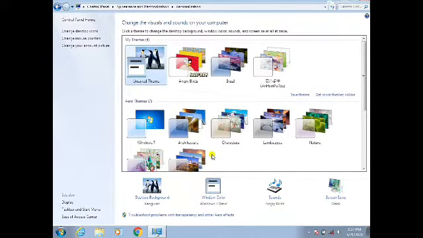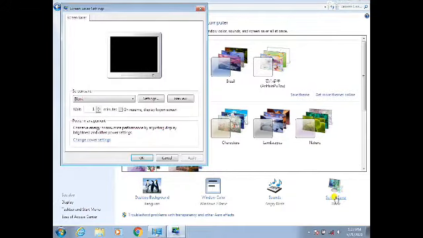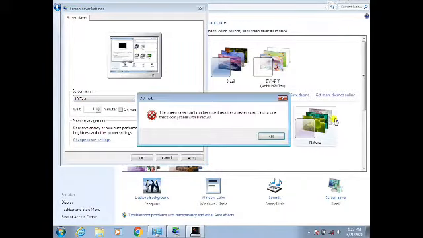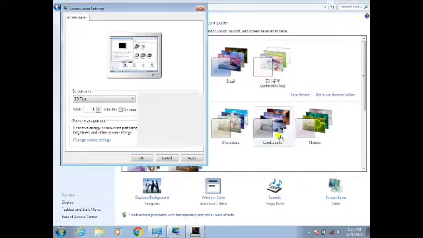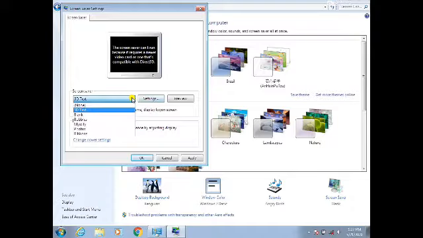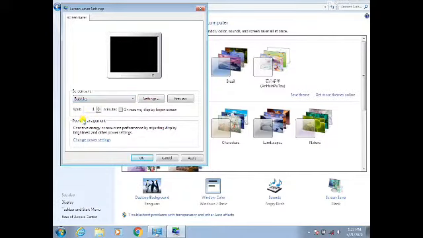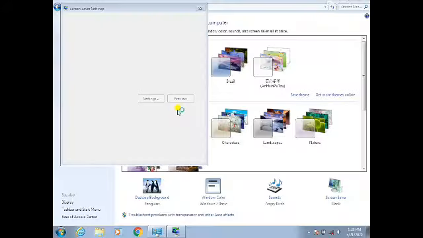If I want to set a screensaver, I have to click the screensaver option here, and suppose here I am going to use 3D text and click on settings. The screensaver cannot be done because it is a new video part, so this is not applicable for me. Okay, bubbles. Suppose I select bubbles here, preview.